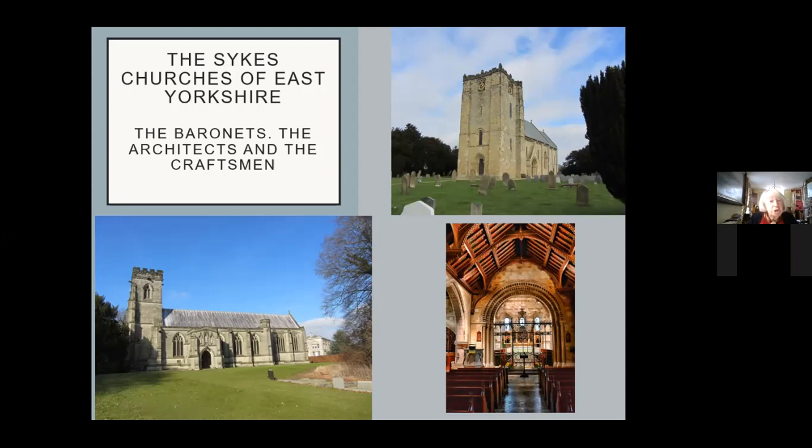you can see three churches. The one on the right-hand side is Garton on the Wolds church, which has a beautiful interior, which we will see later. Down here is the church of Sledmere, a complete rebuilding of a church in 1893, though it looks very much like a medieval church. This is the church next to the family home of the Sykes family, and there is their